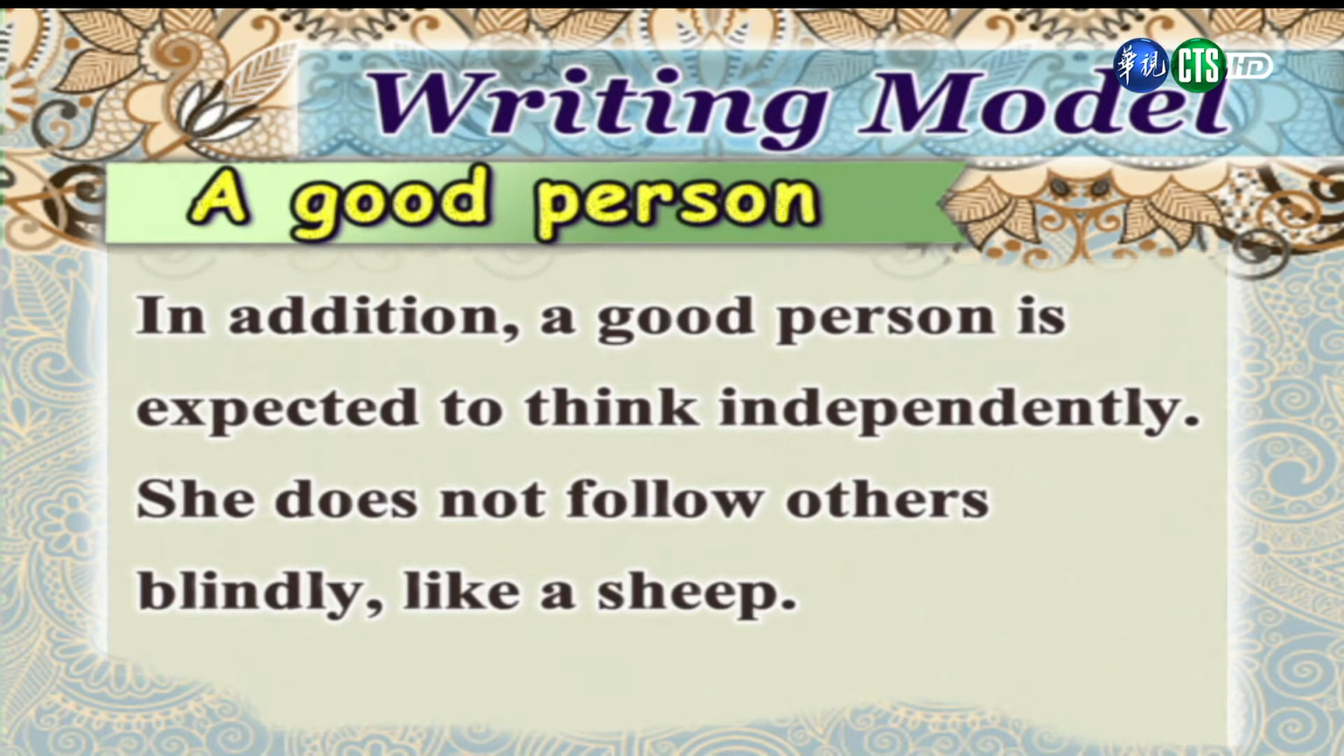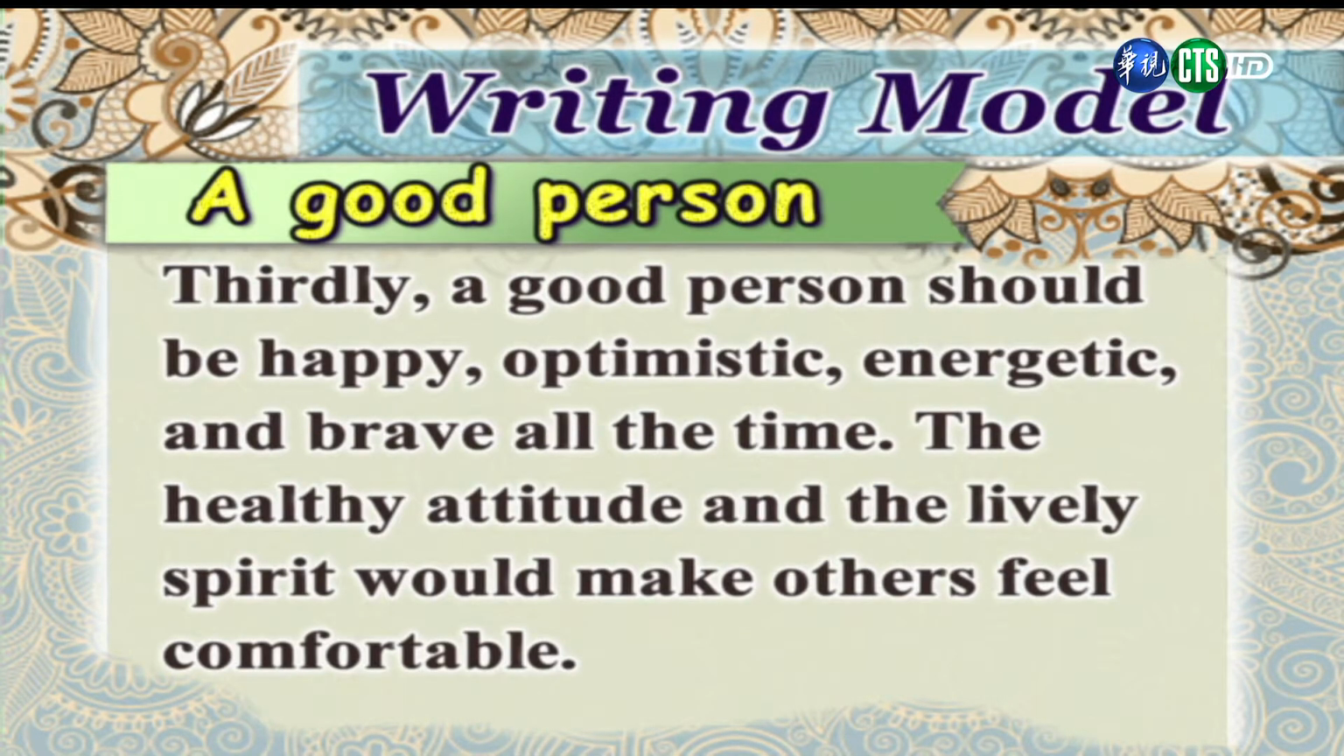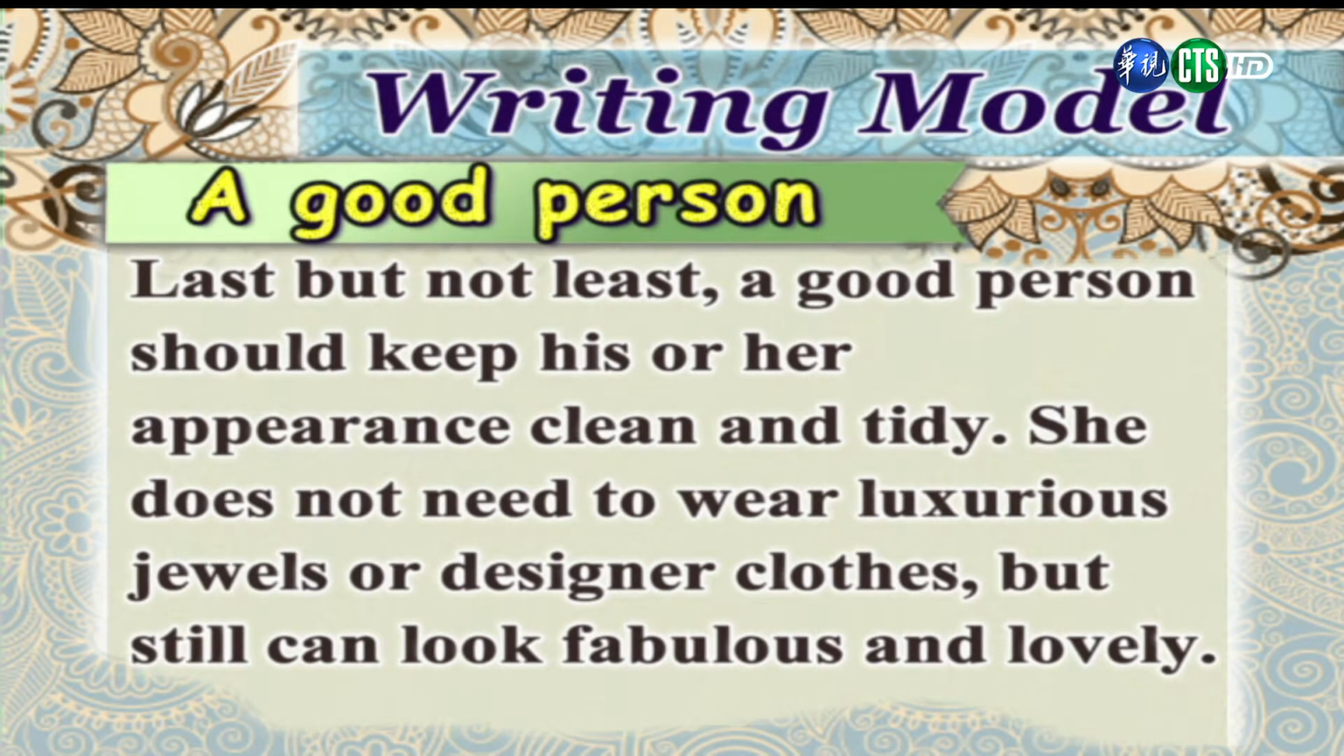In addition, a good person is expected to think independently. She does not follow others blindly like a sheep. 接下来，一个好的人必须要拥有独立思考的能力，他不会像羊群一样，只是盲从地跟随着别人。 Thirdly, a good person should be happy, optimistic, energetic, and brave all the time. The healthy attitude and the lively spirit would make others feel comfortable. 第三，一个好的人，他应该总是快乐的、乐观的、有活力的，并且是有勇气的。他健康的态度以及活泼的精神，能够让人感到安心。